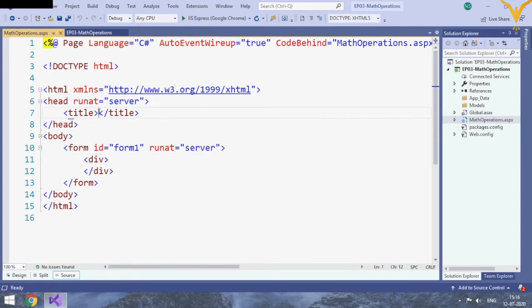Now let's add the controls to this web page. First we will add the title. Here I want to tell you one important thing: right now this page is not saved, so you can notice the hashtag symbol on the web page.